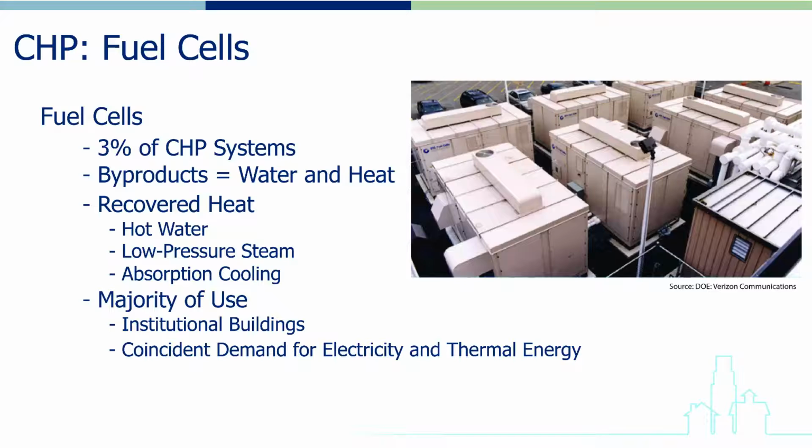Fuel cells are currently used to power roughly 3% of CHP systems in the U.S. and are available with capacities from 5 to 2,800 kilowatts. As noted earlier, the main byproducts from fuel cell electricity production are water and heat. Fuel cell-driven CHP systems recover this relatively low-temperature waste heat and use it to generate hot water, low-pressure steam, or to drive absorption chillers. The majority of fuel cell CHP systems are used in commercial and institutional buildings, such as universities, hospitals, nursing homes, hotels, and office buildings, where there is a relatively high coincident demand for electricity and thermal